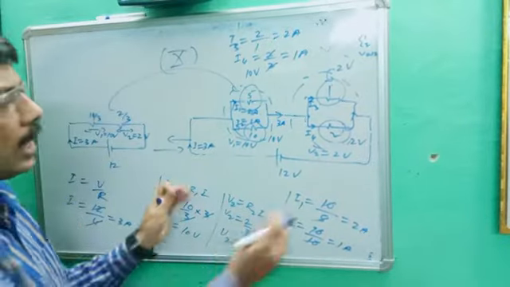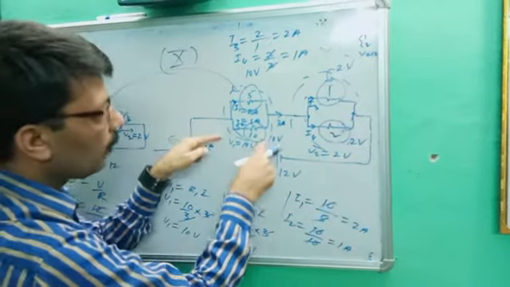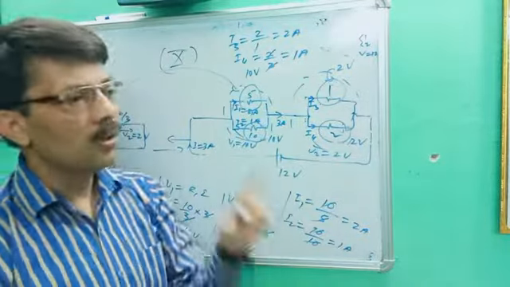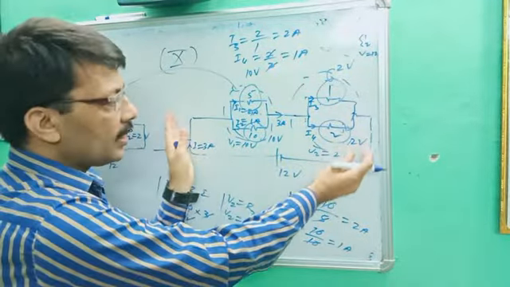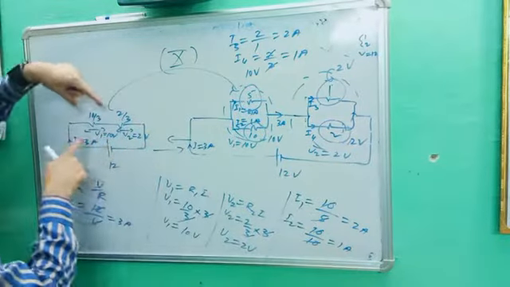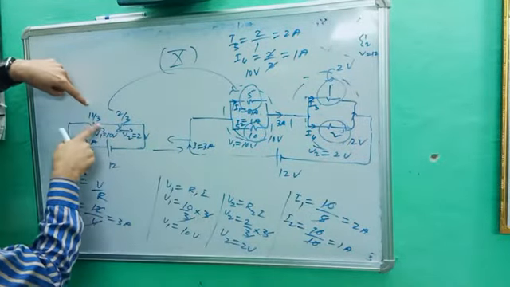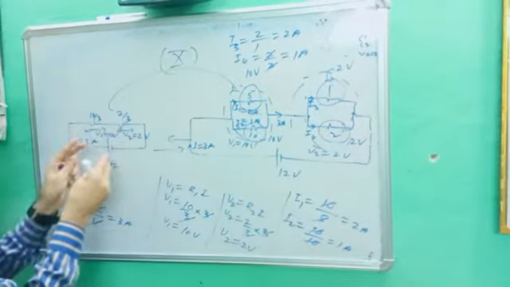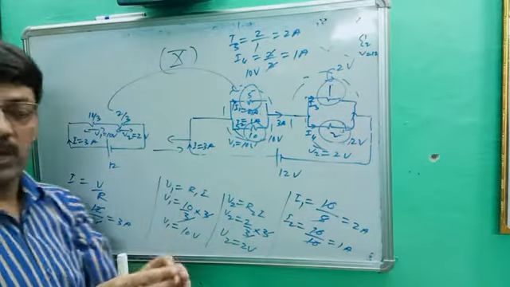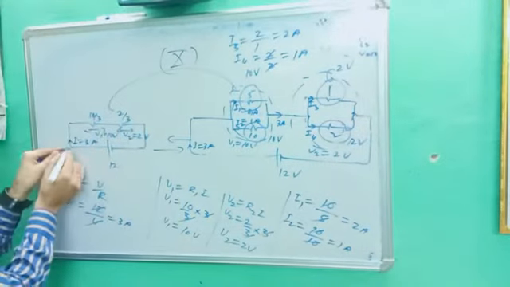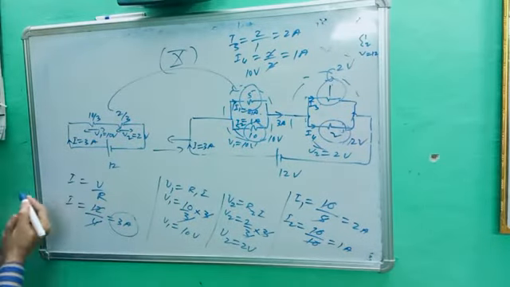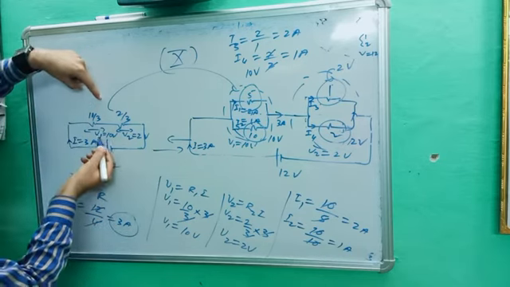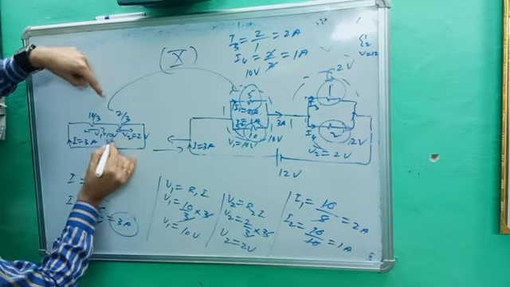Once again, that was the question. They are in parallel but are in series. First, what you have to do? First you have to convert the complicated circuit into a simple one. So in parallel we are getting 10 by 3, and in parallel we are getting 2 by 3, but they are in series. In series, you better know potential gets divided. So first you get the current, we got 3 ampere. If you are getting the current and resistance is given, directly you can get V1 and V2. So V1 is 10 volt, V2 is 2 volt.